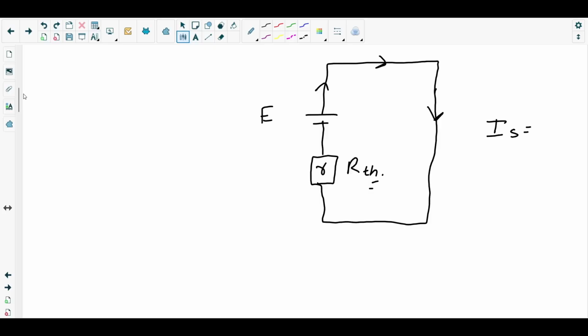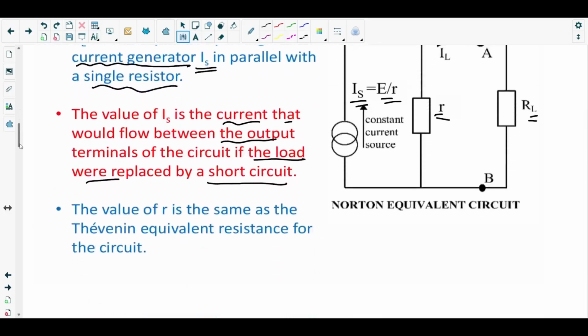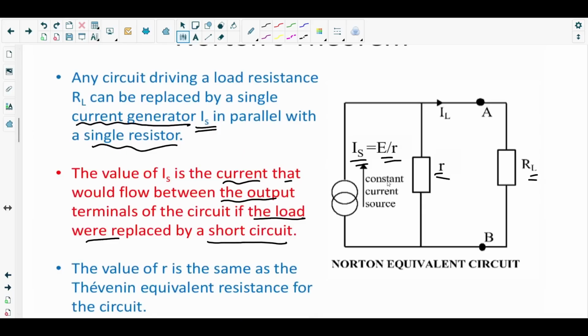Okay? So Is equals to what? I equals V over R, right? So E over, the only resistor here is the RTH. So this is the current through the Norton's equivalent circuit. The current generator, they say it there. Is it current generator? Yes, Is. Done. Okay? So the easiest way,